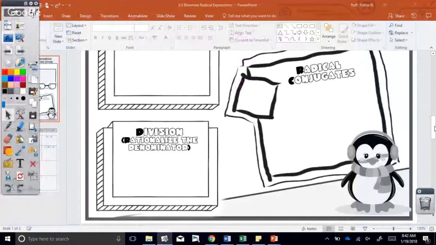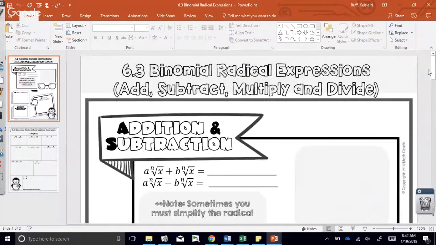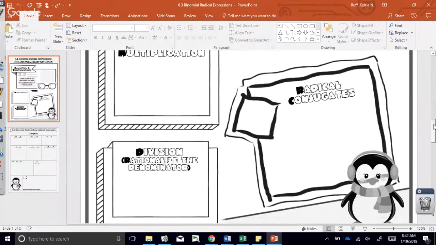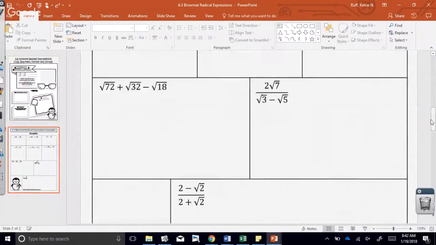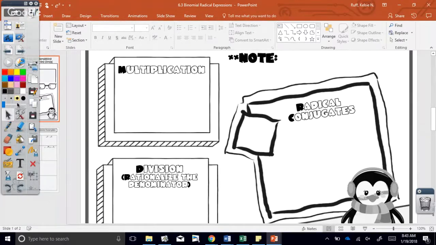If you find your 6.2 notes, this is what it looks like. Okay, here's our 6.3. Here's the top of the page. We've gone through the addition and subtraction, and we've gone through the multiplication. So where we're at is at the bottom of the page, under radical conjugates. I would like to remind you